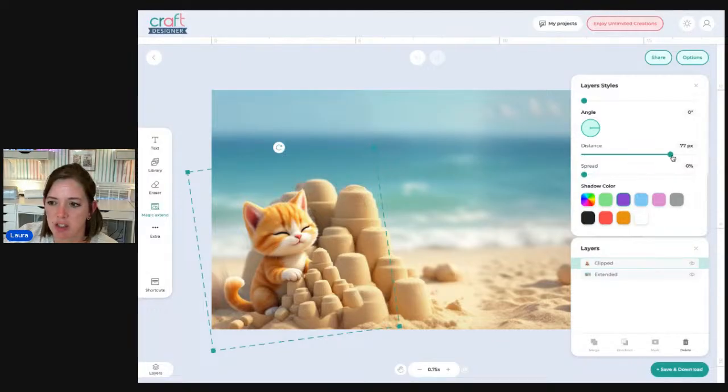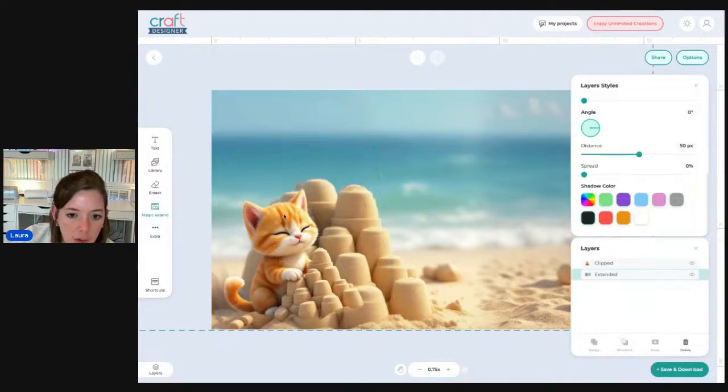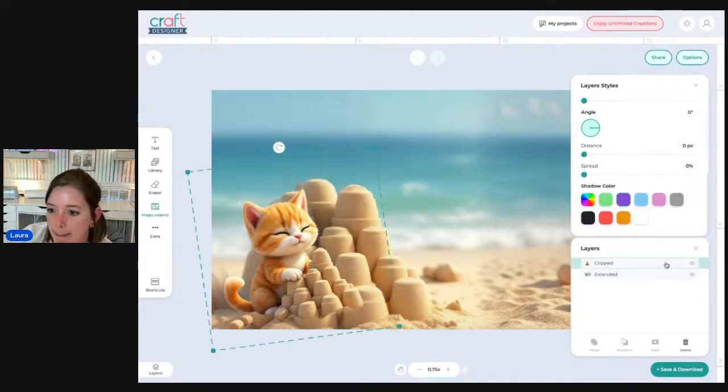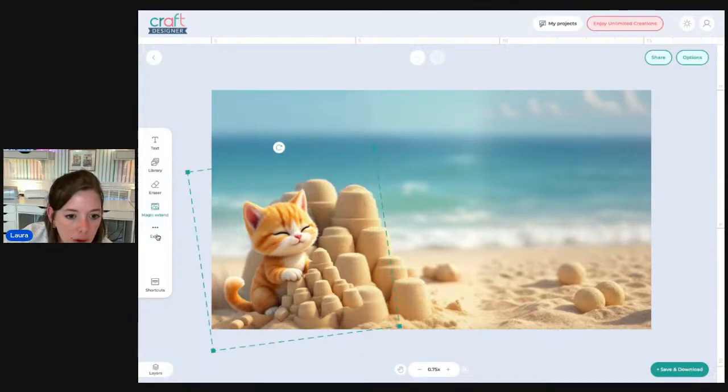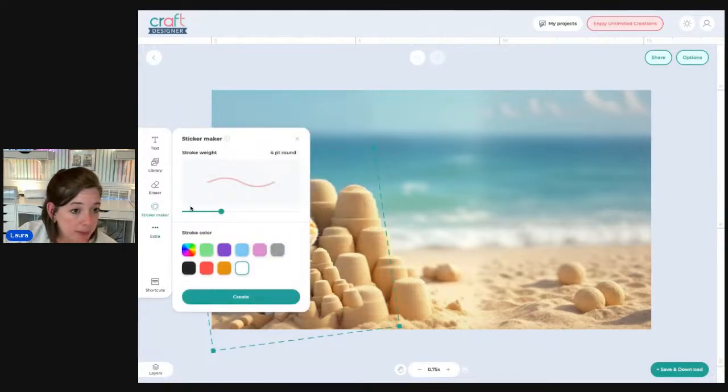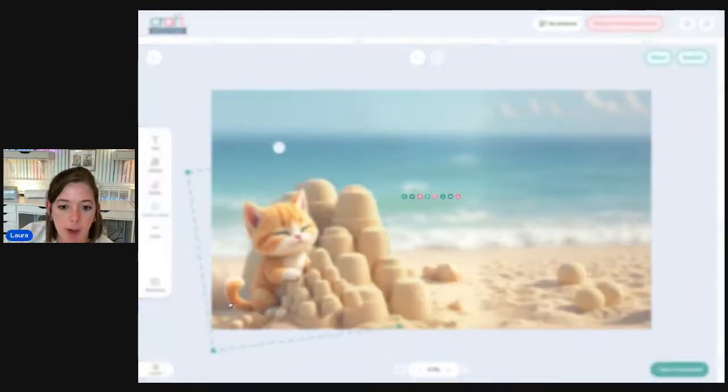It's kind of hard to see because of the background, but that's okay. And I can also, one second, make him a sticker, which is offset in pixel mode. So we actually are going to do that, so it pops off the page a little bit better. So we're going to give him a little white offset.